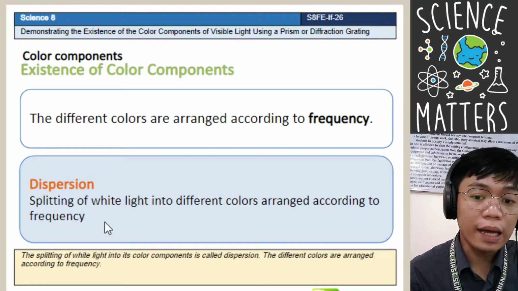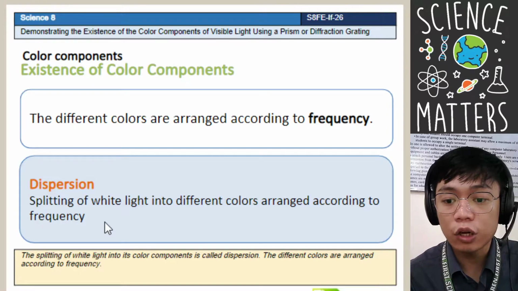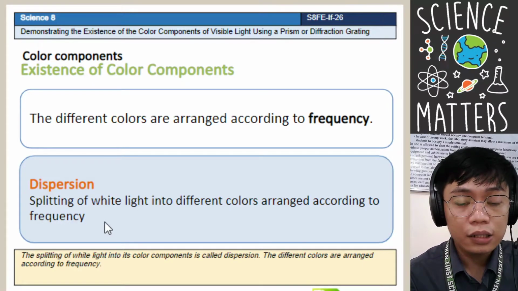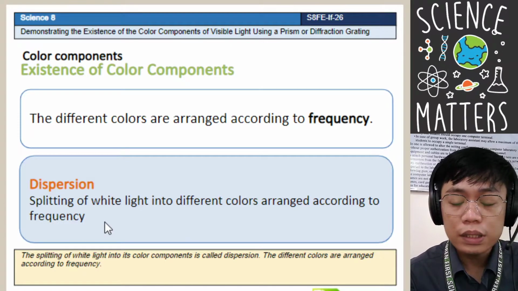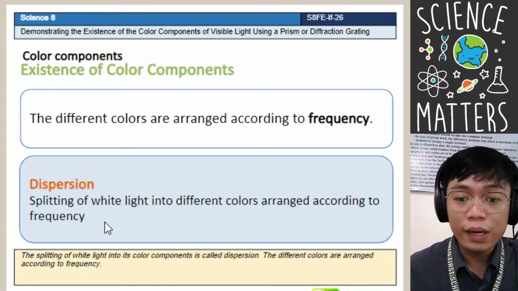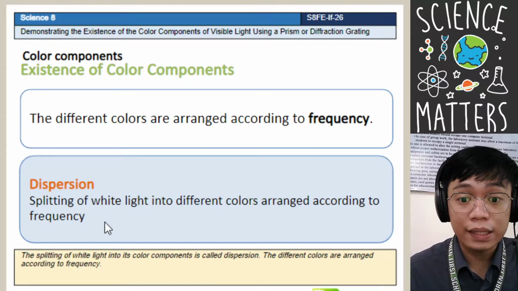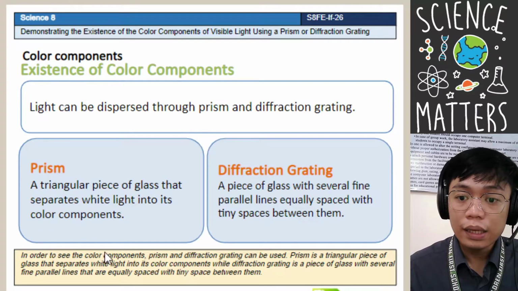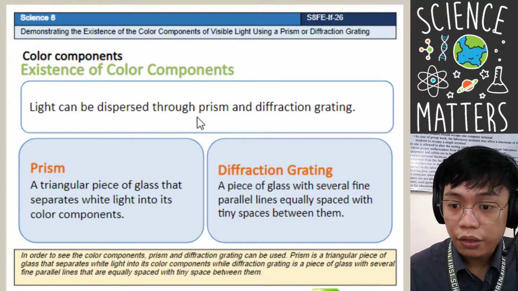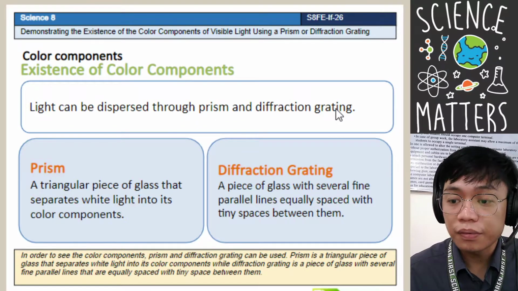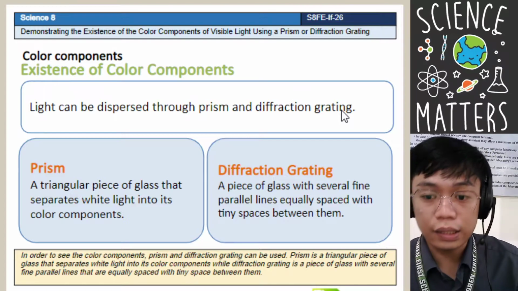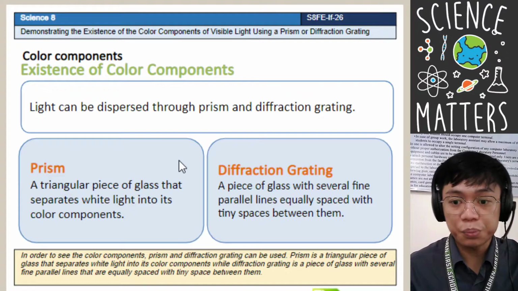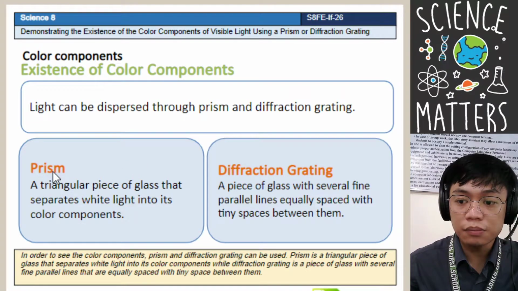Kapag ang white light ay na-penetrate niya yung transparent object, nagkakaroon ng dispersion. Kapag nagkaroon ng dispersion, madidisperse na ngayon yung iba't ibang kulay na meron dun sa white light. Naintindihan? Okay, so light can be dispersed through the prism and diffraction grating. There are two types of how light can be dispersed: we have the prism